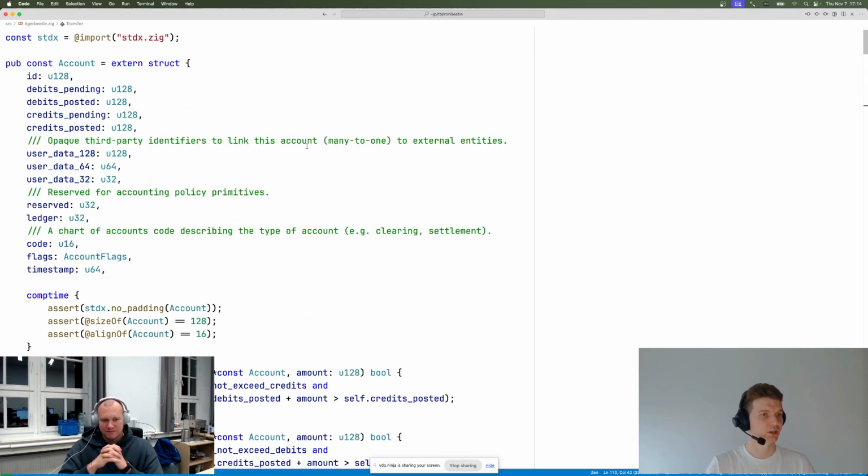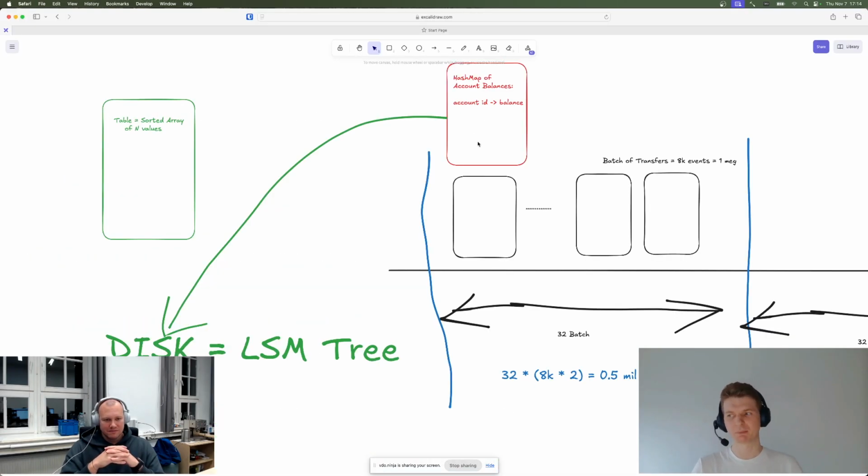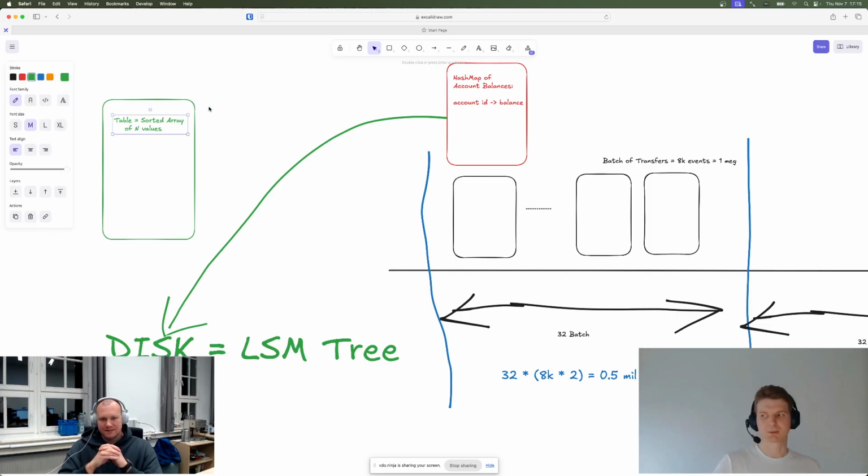How large is an account? Well, an account is also 128 bytes, but for each transfer there are 2 accounts. So for accounts, that's going to be 64 megs. But when we convert data from the hash map to an LSM tree, the relationship is not one-to-one. We actually create many different tables from